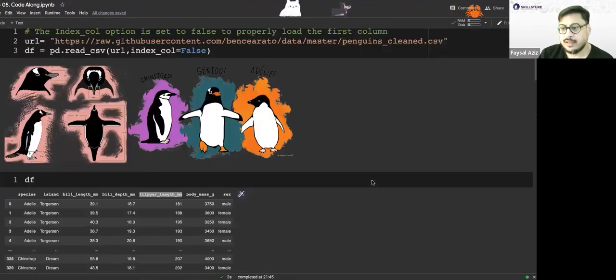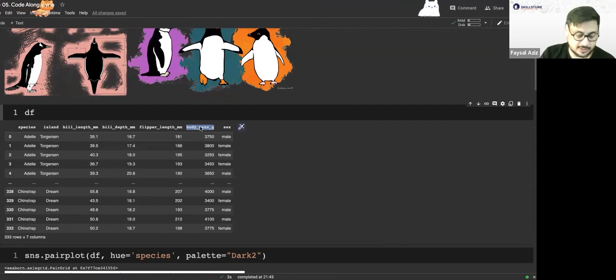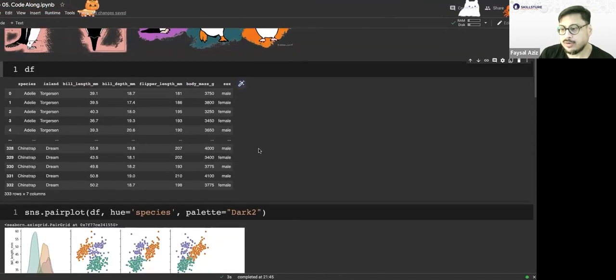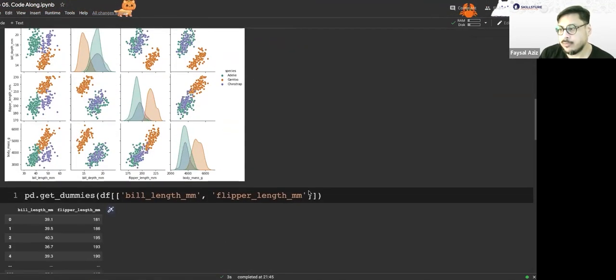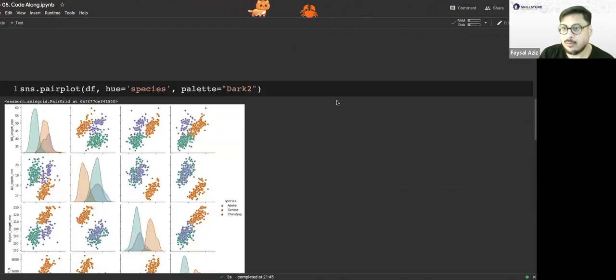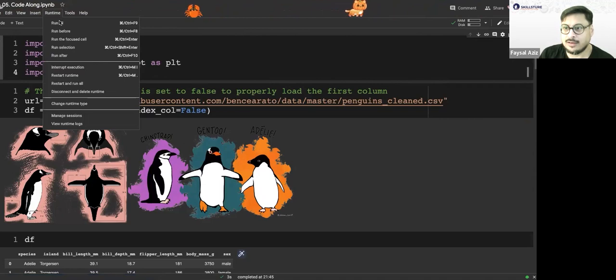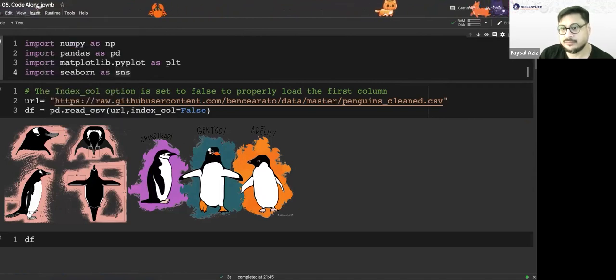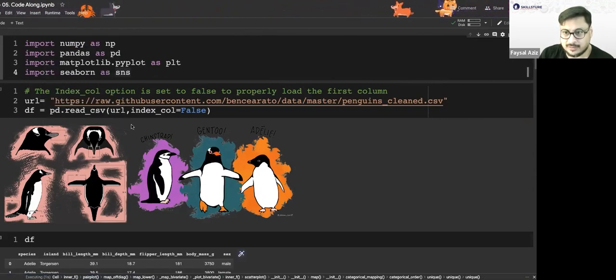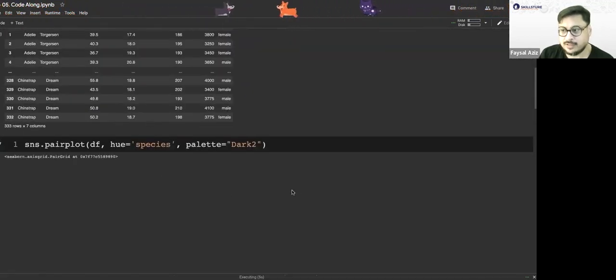Just for the heck of it, say we take body mass into account. I want to take body mass into account, and I'm going to put body mass over here. I want to see if it does better. I'm going to go to the beginning, put my cursor over here, go to runtime, and say run all. Every time it runs a cell, it's going to give me a tick. I just want to see if it looks any better.